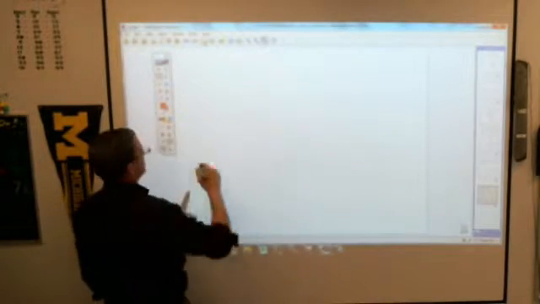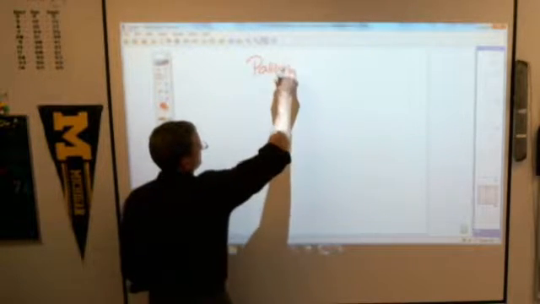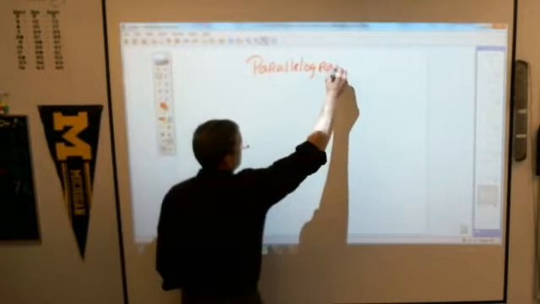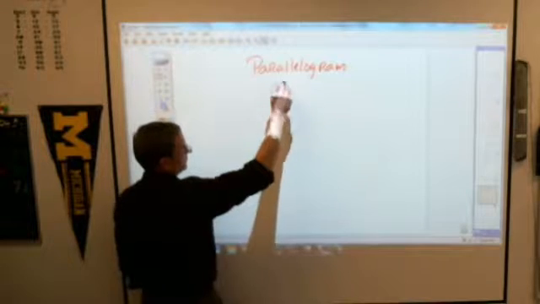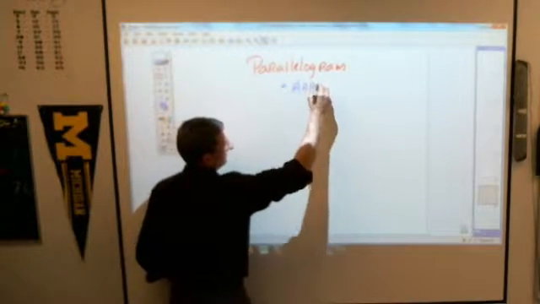Write down, children, parallelograms. And then the little subheading, by the way, somebody take nice notes for Erin and try to do it just the way she does it. Area of